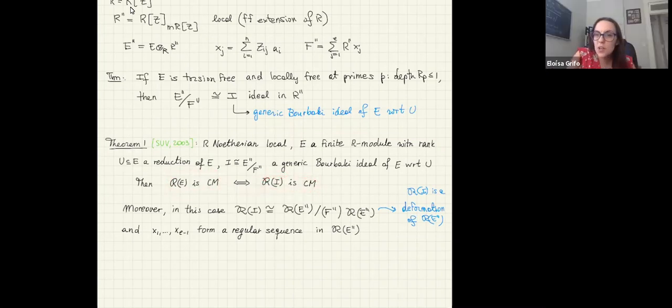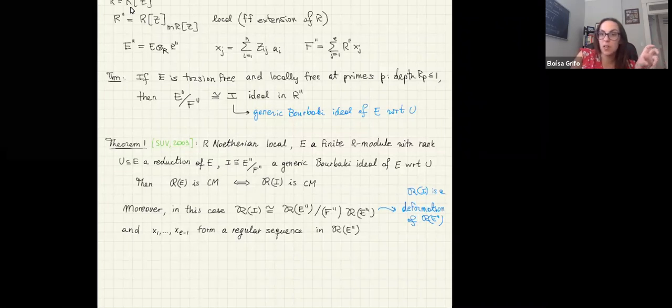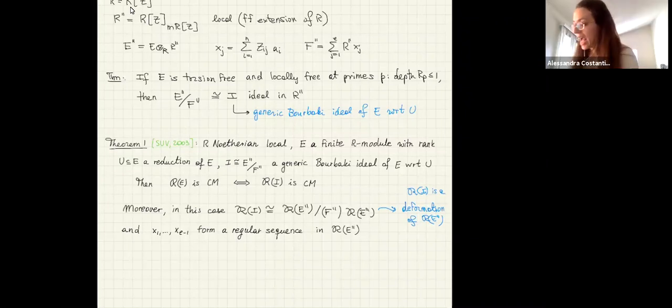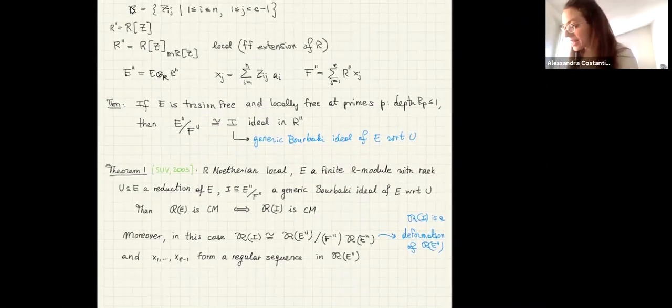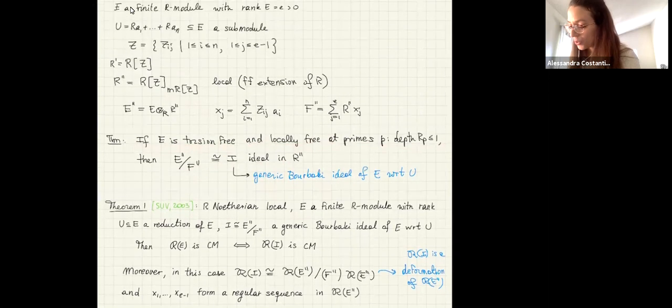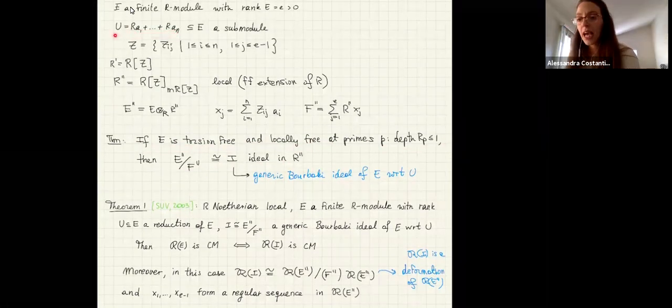And so when I was... Sorry. Just to be clear, even the number of generic elements you pick to build this U doesn't matter? Oh, good question. Actually, it's something you have to prove. And that's the main reason why we go to the R double prime, not just to R prime. What happens is that this may not exist, because this is a sufficient condition, but a priori it may not exist. But once you have this construction in place, you can show that if you started off with two different generating sets for U, as long as you allow yourself to possibly add more variables in the bigger ring,